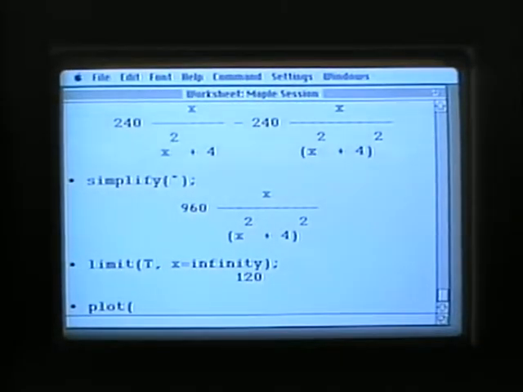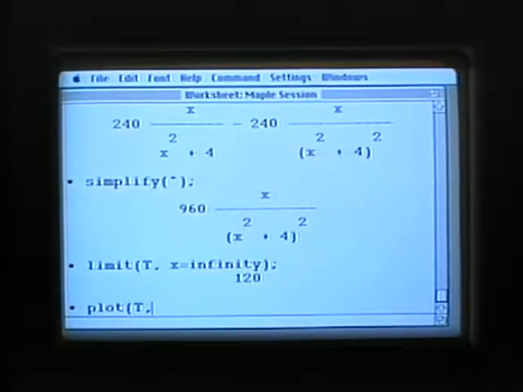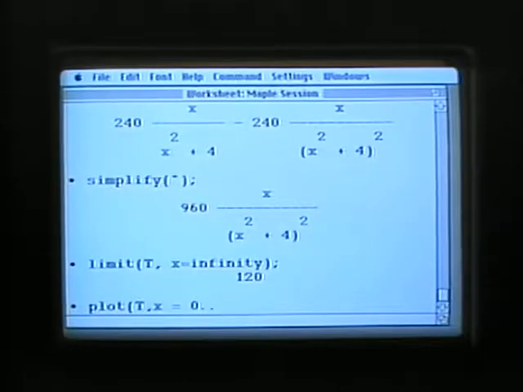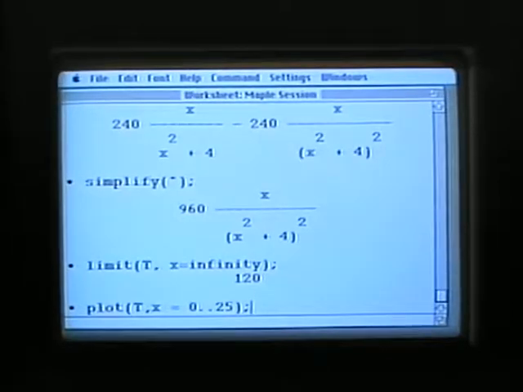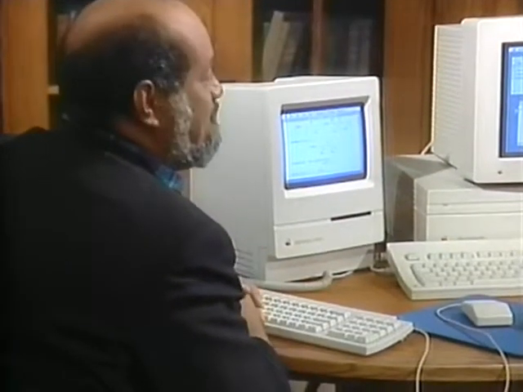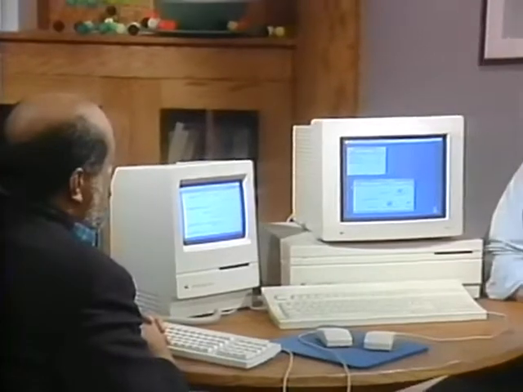We can plot this particular total receipts expression or function as x goes from, say, 0 to maybe 25. Now, I've chosen these numbers so that the graph looks reasonable. My students might graph it several times. So we start off the process of plotting this particular function using Maple. This would be a good time to mention, I think, that we're running Maple, which is a fairly powerful computer algebra package, on a 2 meg Mac Classic. So even robust packages like this can be run in a relatively low-end machine.